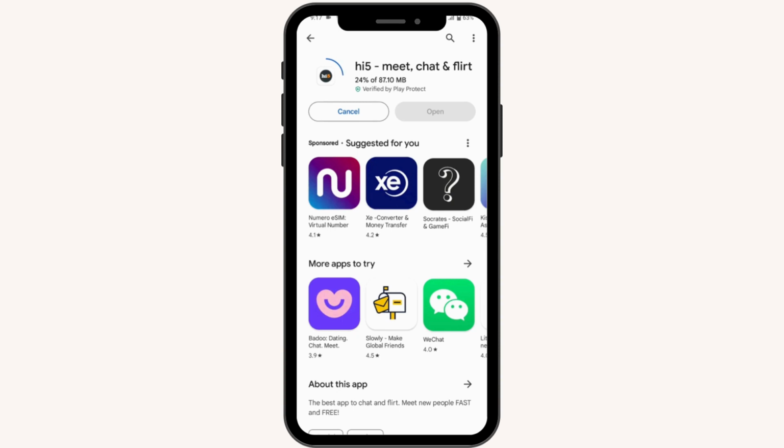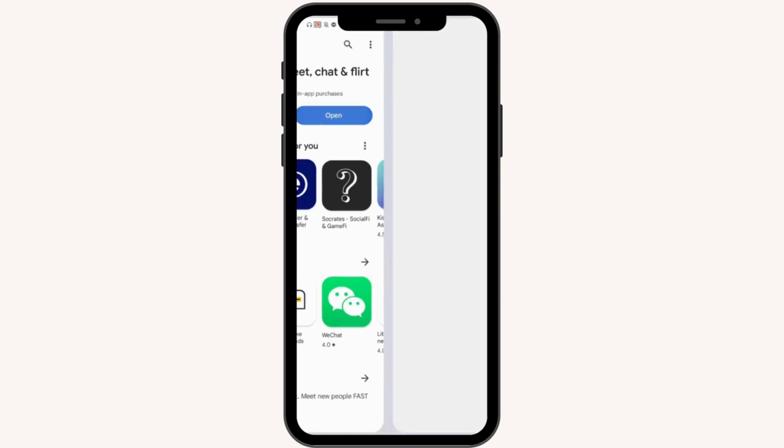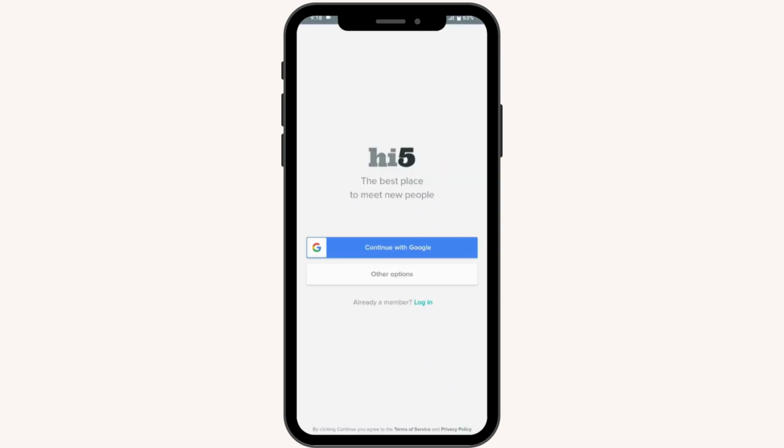So it may take some time depending on your data or your Wi-Fi connection to download, and once it's downloaded, you can simply tap on open button, which is on the right side. Simply tap on that open, and now you can continue with your Google, or you can log into your account or create your account. So that's it. That's how you download and install hi5 app